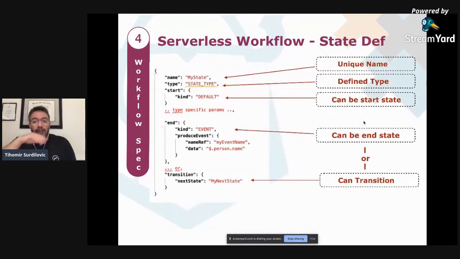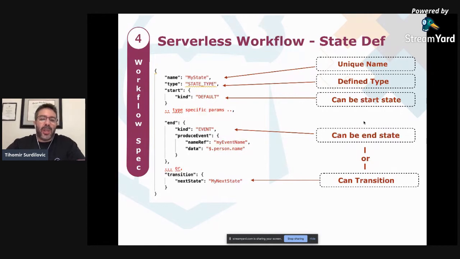All right, as far as states goes, so we said those are the building blocks or the control flow logic blocks. Each state has a name and it has a type, and we'll see the types of states that the serverless workflow specification defines here in a minute. There is no specific start state. Any state can define that it can be a start with the start definition.